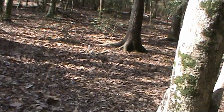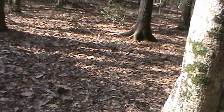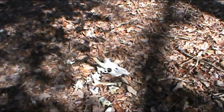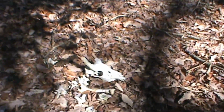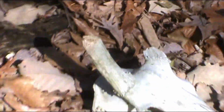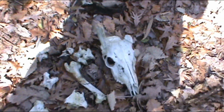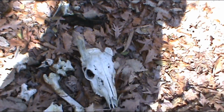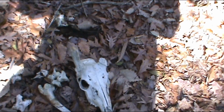Wanted to walk the transition on. It's not real impressive. Did find a dead buck back over there, and when I go back over there, I'll show you. Well, there's that dead buck I found. He's been there a while, but he's got pretty good mass. It looks like he broke his horns off, probably fighting or something. Pretty good mass on it. I don't really know how old he is. He's probably 2.5 at least. But two broken off horns. They don't look like they're chewed off. They might be, but